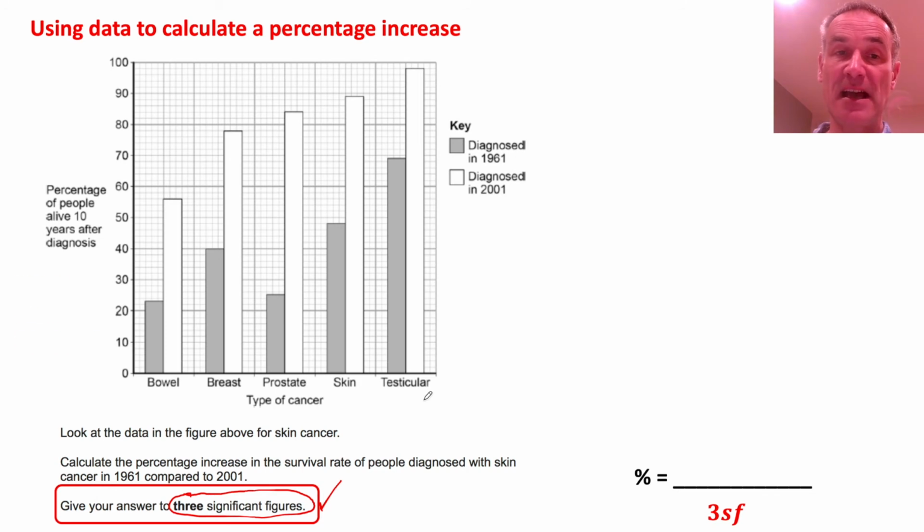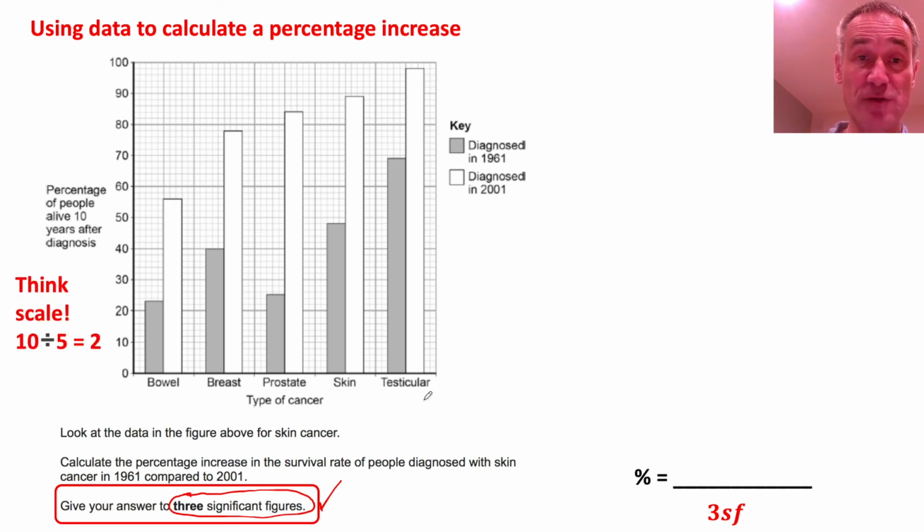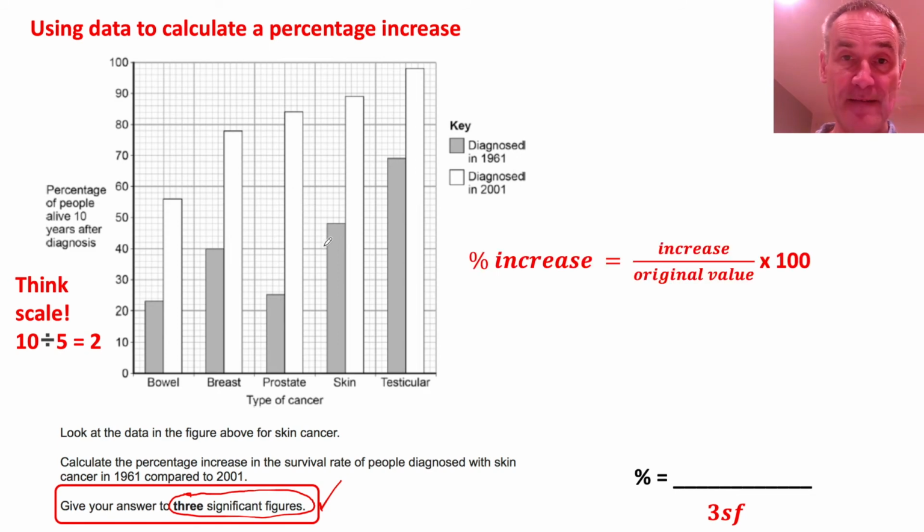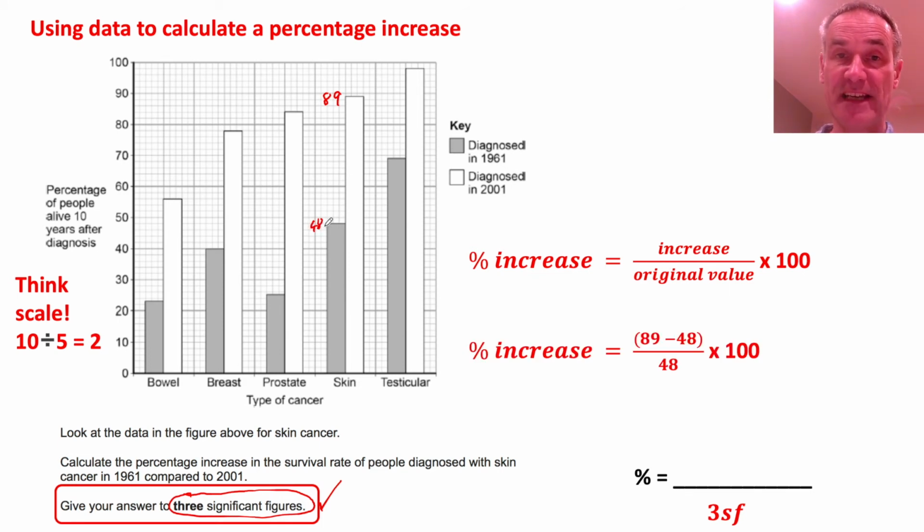So again, you've got to think about the scale to make sure the scale is right with the graph. So I've got 48, 2, 4, 6, 8. Here I've got 89. So make sure you read your scales carefully. Percentage increase is the increase divided by the original value, which was this value here, times 100. So I've got 89 minus 48 divided by the original value of 48 times 100. And that would give me